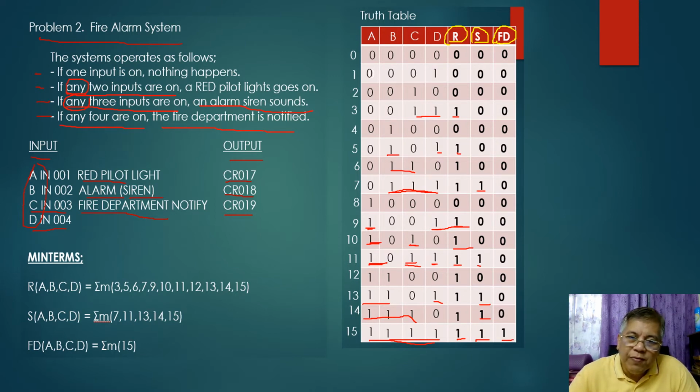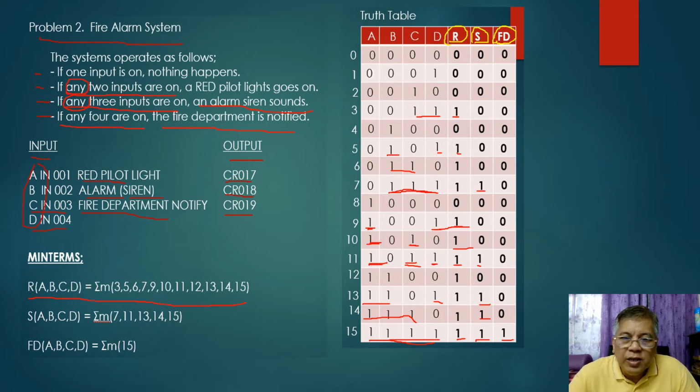So from this table, we obtain the min terms. We use the min term procedure in the K-map for us to be able to identify the equations later on. For the red pilot light, this will be our min terms. Now R as a function of A, B, C, D is equal to summation of min terms 3, 5,